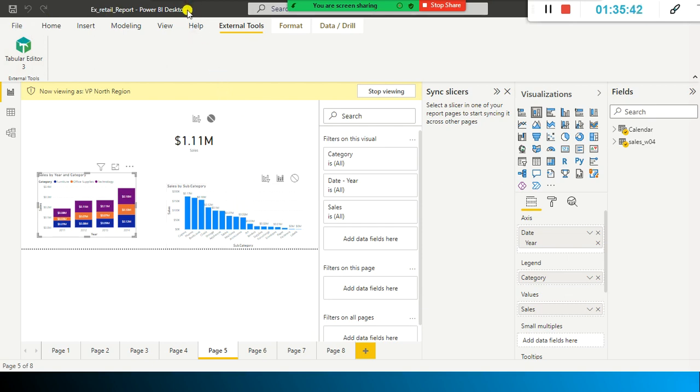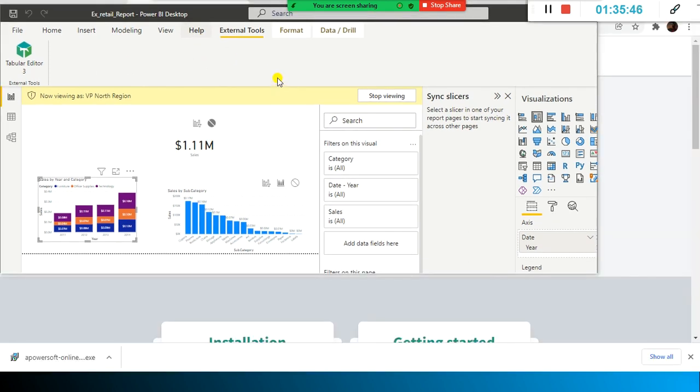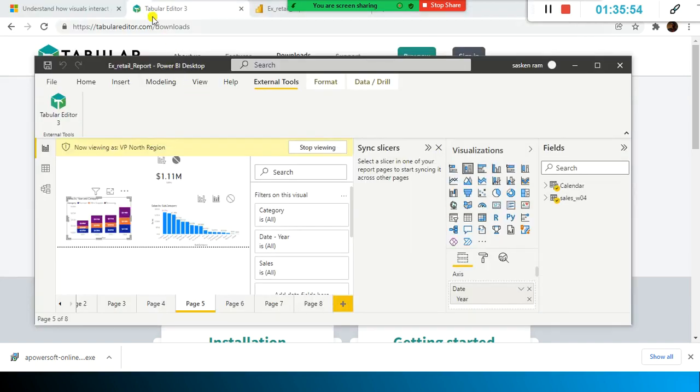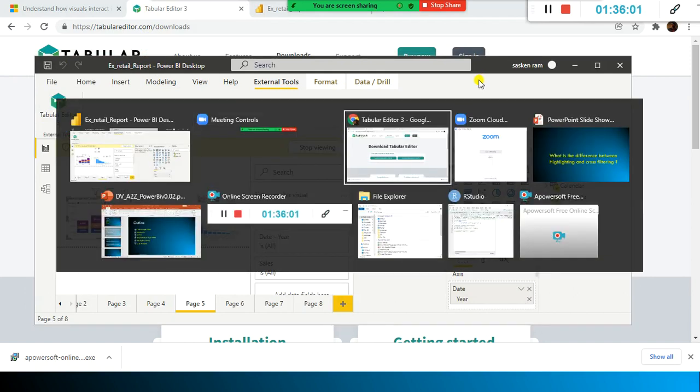Apart from this, we have something else called DAX Studio. You can download DAX Studio also, because in real-time scenarios they use DAX Studio to do performance tuning, everything. Okay, to see the performance of your DAX commands or queries, whatever you have written.